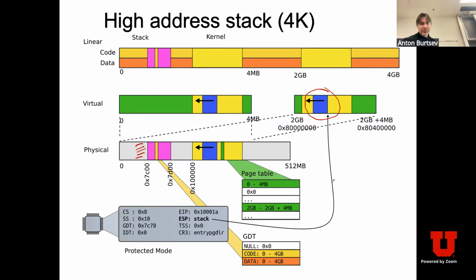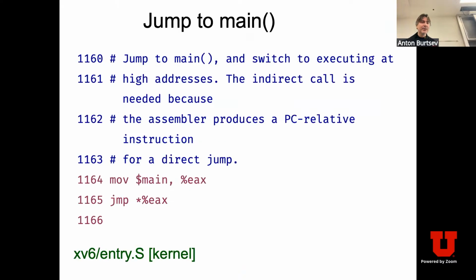And after that, you're good to go. Instead of just invoking it like a call instruction, you load this symbol into the EAX register and jump in directly. So essentially, you jump to this address. The reason for that is that if you simply leave this assembly as a call of a main address, the assembler, specifically the assembler in this case, will generate a PC-relative address because it says, okay, we believe that